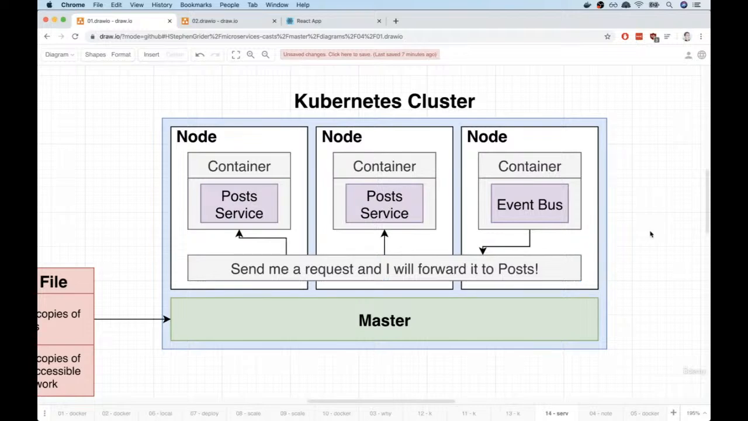Okay, so that's just a very brief introduction to Kubernetes and why we care about it in the world of microservices. So we're going to take a pause right here and then start to discuss Docker a little